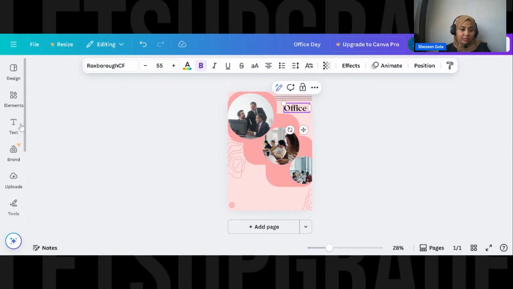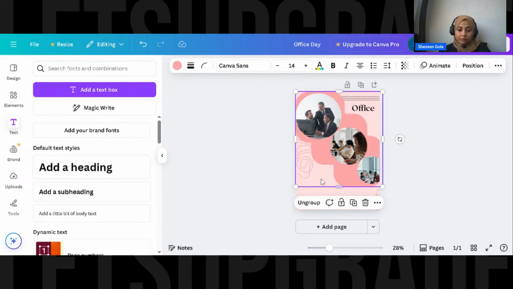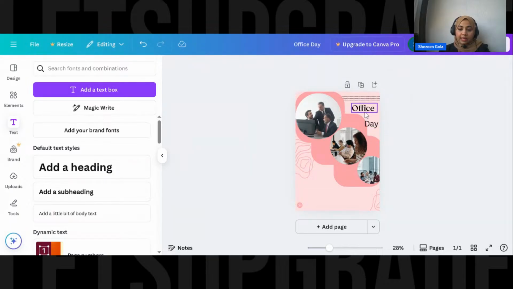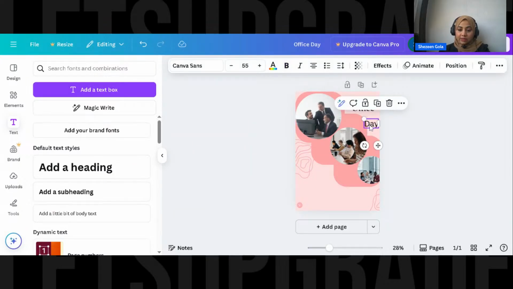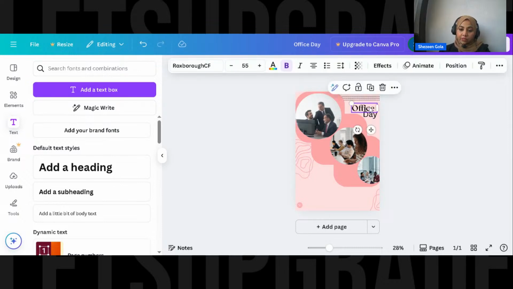And then again choose a text font, and you know we can just copy paste it, the day. Remember day. So what you can do is, what size it is of this is 55. You can just click on day and just type it here, 55. Okay, and now the fonts as you can see are different because we just copy pasted it, and that was purposely I did it. I wanted a different font.